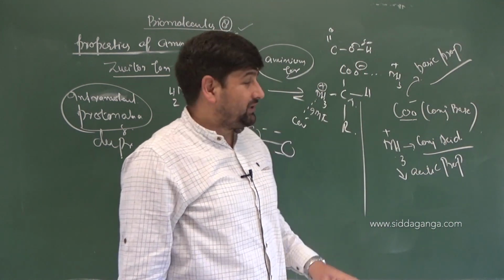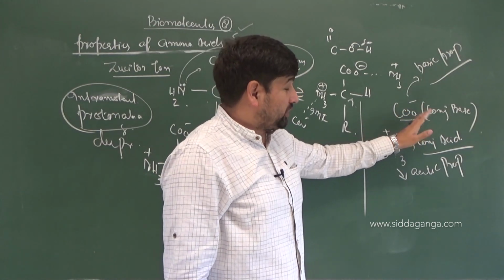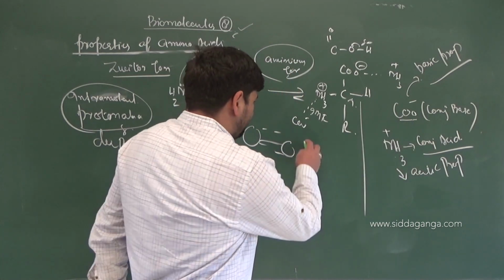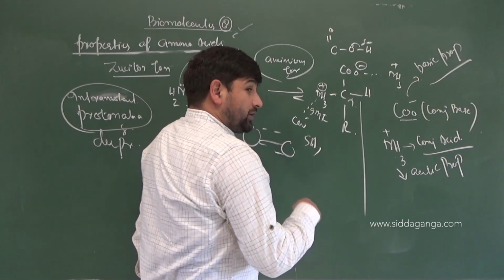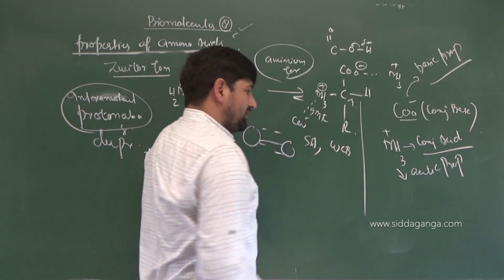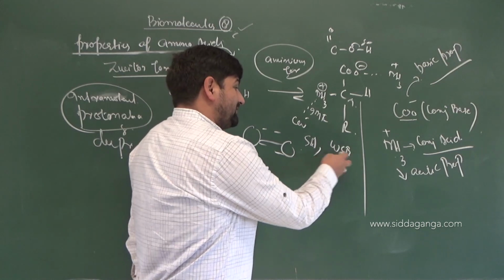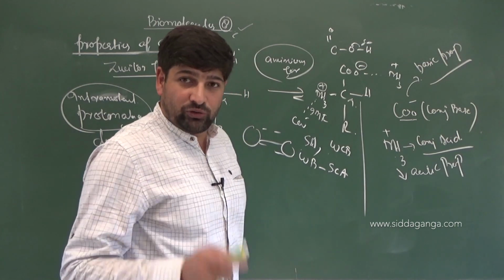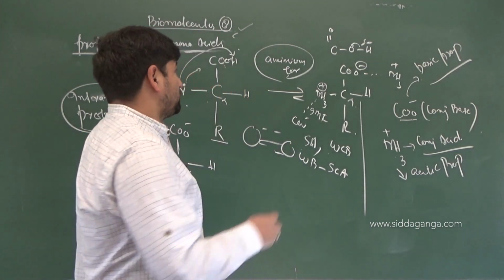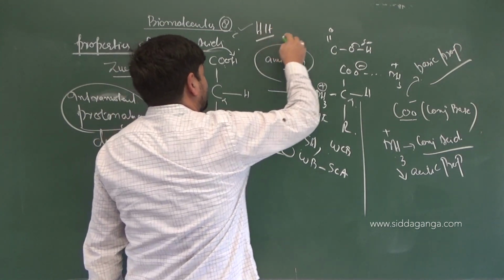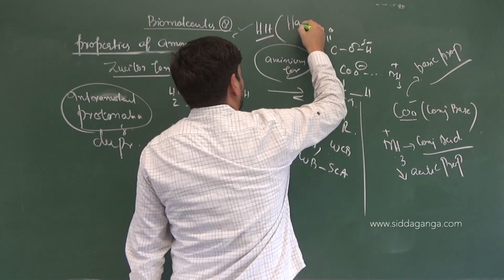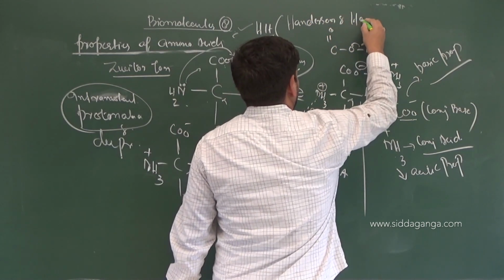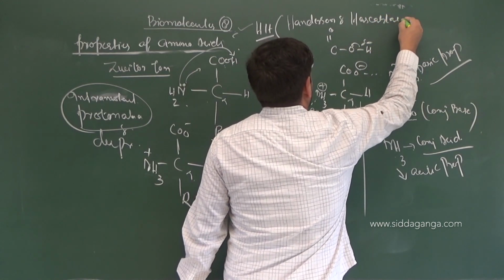So technically, children, because they are conjugate acids and bases, we cannot say a general strong acid and a general strong base. No, because we know if the acid was strong, then the conjugate base will be weak. Correct or not? So strong acid has weak conjugate base. Weak base has strong conjugate acid. And we know in equilibrium very properly, we can use which equation? HH equation called the Henderson-Hasselbalch equation.